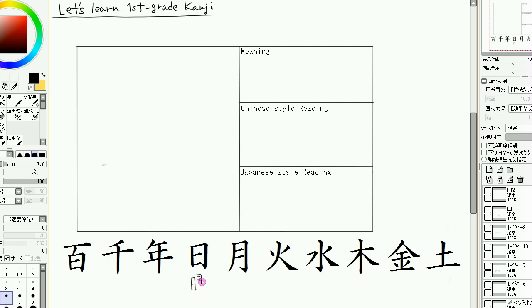here. This very complex kanji, and then another one, this one. Well, actually, this one and this one are exactly the same. But these 2 kanjis should be read as yo bi. Well, we've learned that this kanji should be read as hi in Japanese style, but as I said